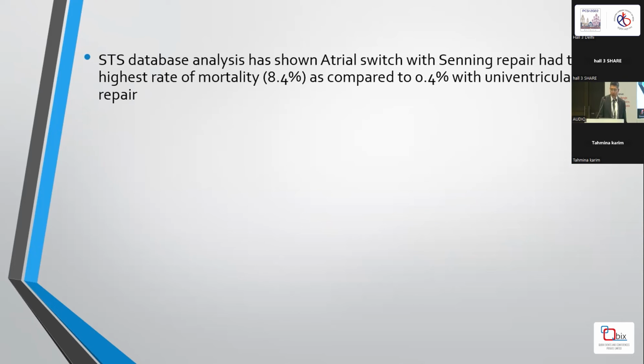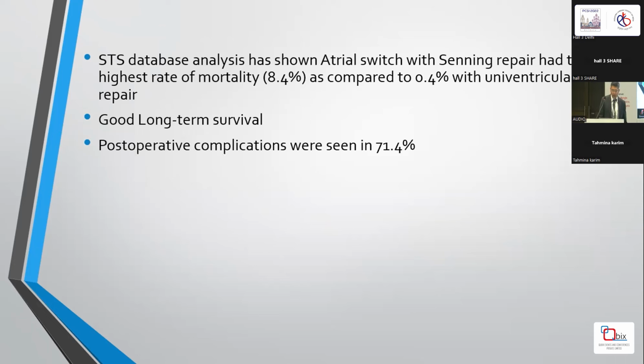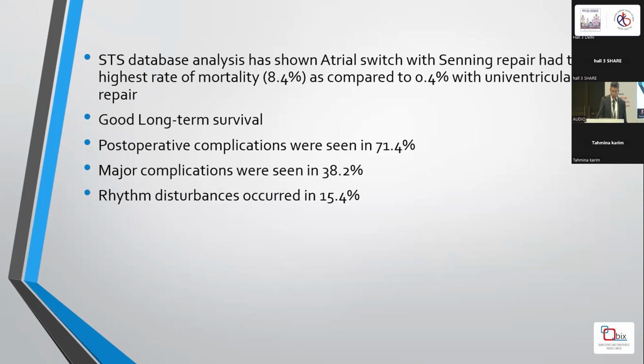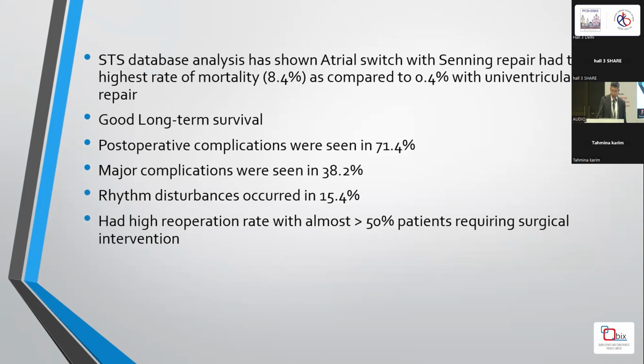STS data has shown that Senning Rastelli has the highest mortality rate, about 8.4%. It has decent long-term survival, but post-operative complications are again highest and were seen in 71.4% of patients. Major complications requiring re-explorations were seen in 38.2%. Rhythm disturbances occur in 15%, and it has the highest re-operation rate, approaching almost 50%